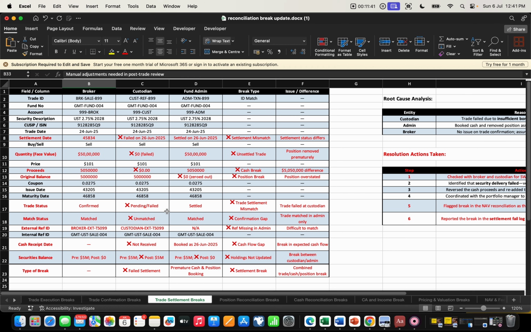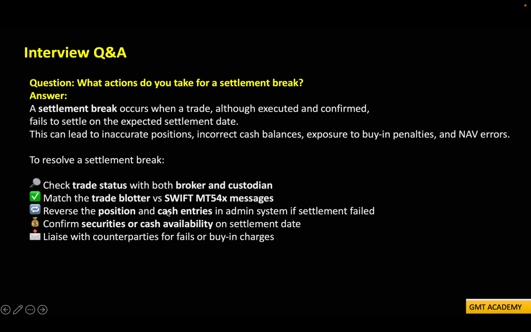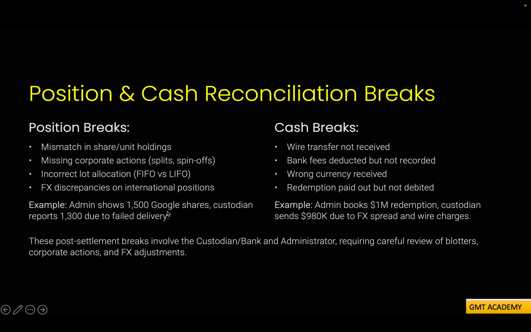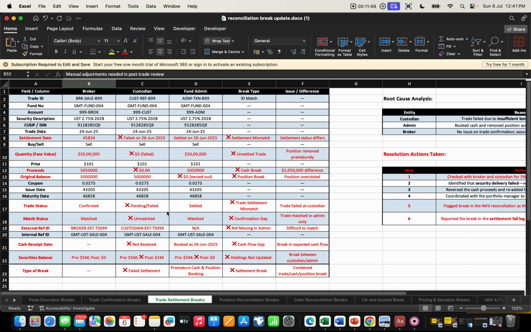In the next session we will work on cash and position reconciliation breaks. We'll discuss this part, and it is a very important part if you are doing reconciliation on a day-to-day basis. This is just the common part we asked about, where the break gets delayed, but in cash and position, what types of break you will get and how you can resolve them, we'll discuss in the next